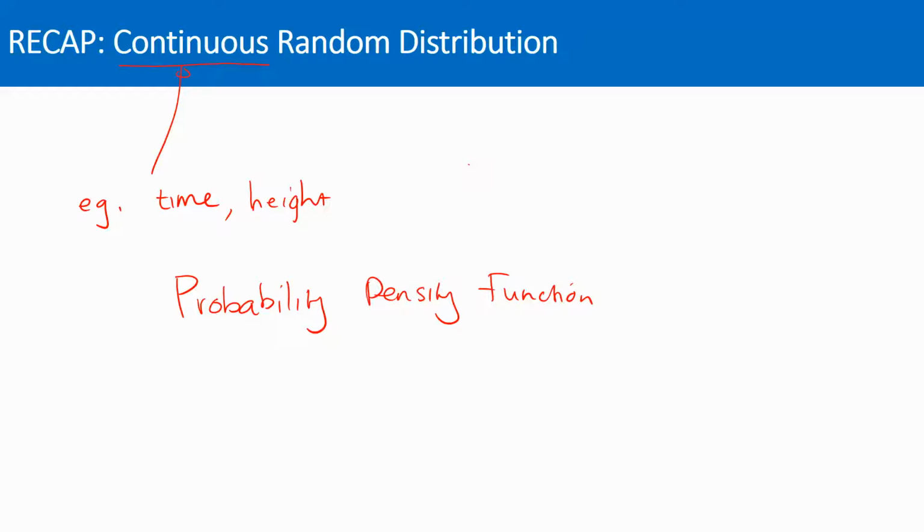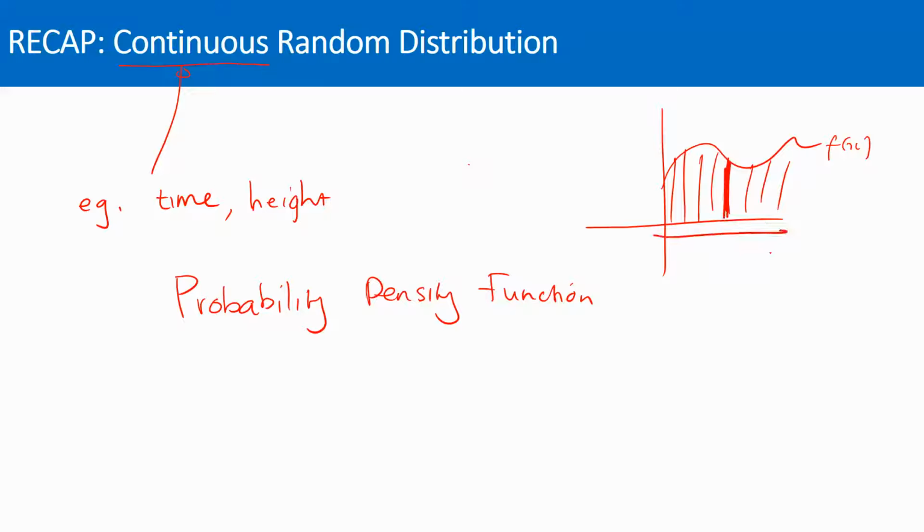We want to model this. We talked about regions. But what if we can model it with a curve, which is a function? This is a curve. Let's call that f of x. Region talks about the area under the curve. Now, if this region is the probability, because that's what I want to use, I want to say half of this region from here to here, if that was 100%, then half of it would have to be 50%.